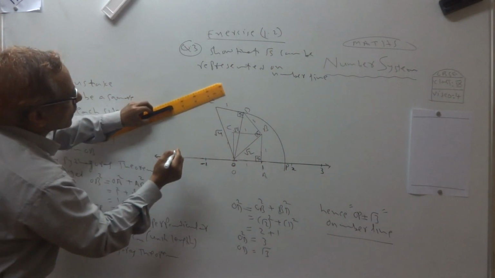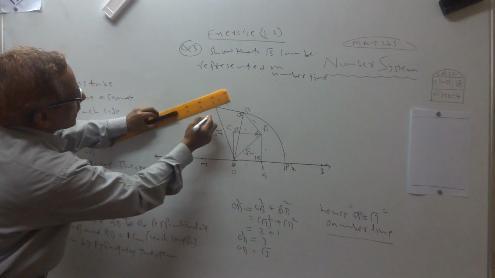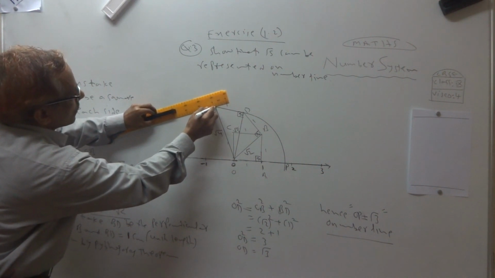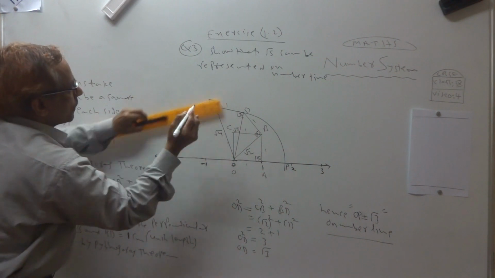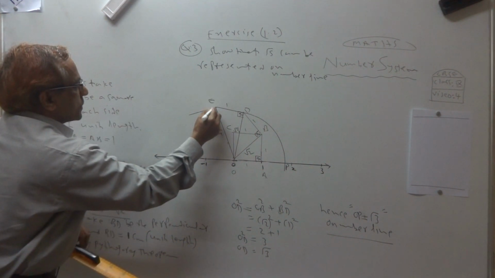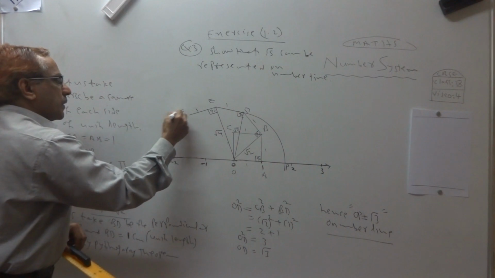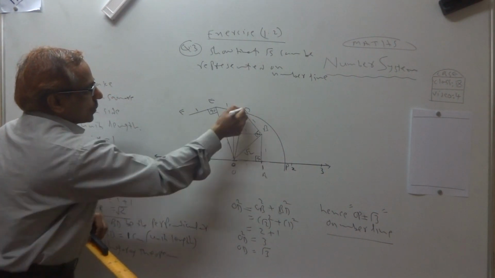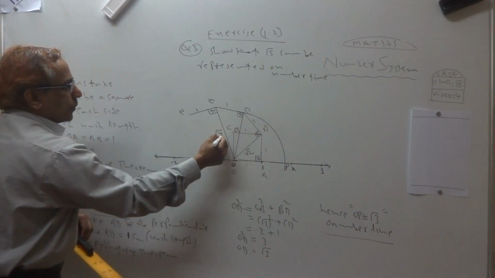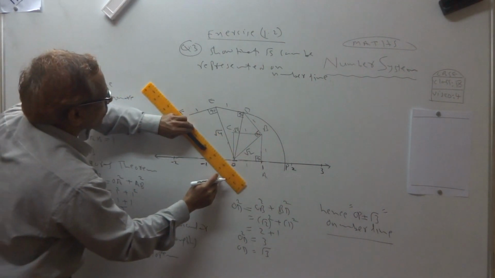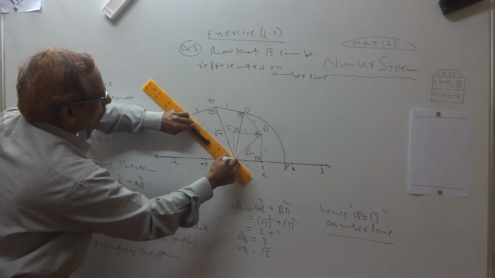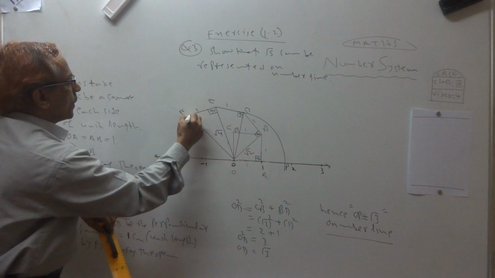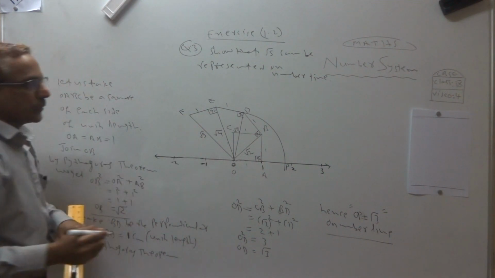Further, again we take this 1 centimeter like this. This angle should be taken 90. Again this is 1, F. So first I got OB root 2, OD root 3, OE root 4. Now if I join this, what do I get? OF. OF is root 5 by Pythagoras theorem.